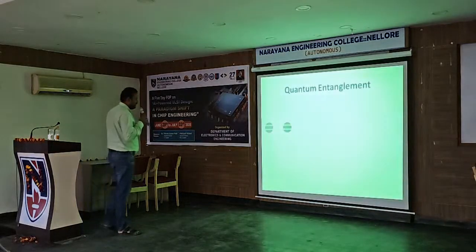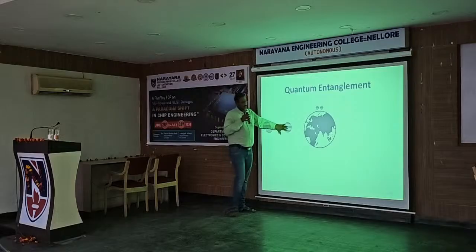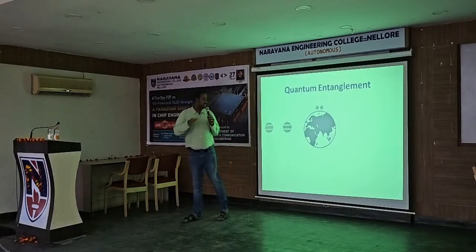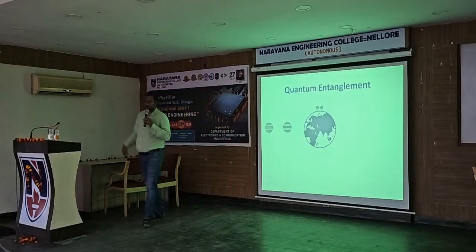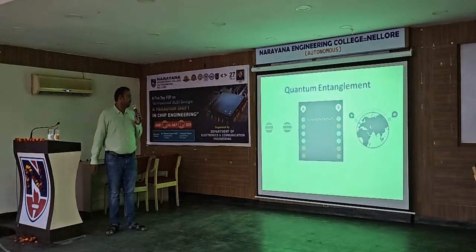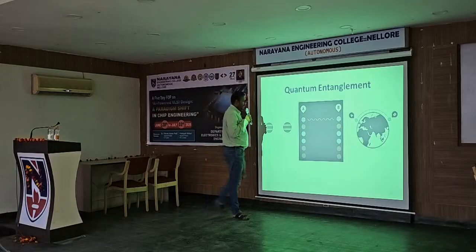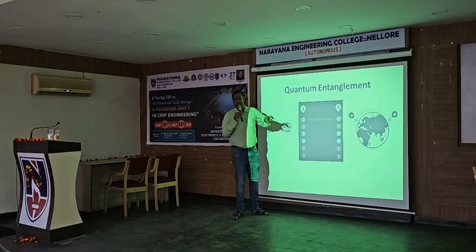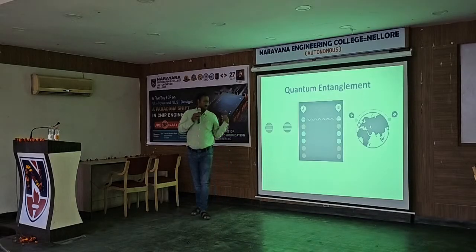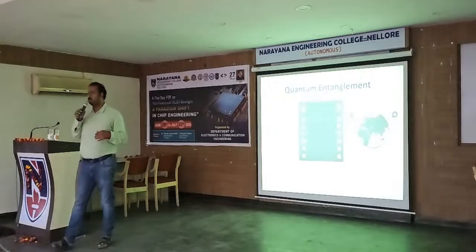Quantum entanglement is a very nice phenomenon. You take any two qubits and separate them, let's say to the other side of the earth. If I change the state of my qubit here to some state, the other side will also change automatically. The state changing automatically is called entanglement, and I didn't understand this phenomenon.